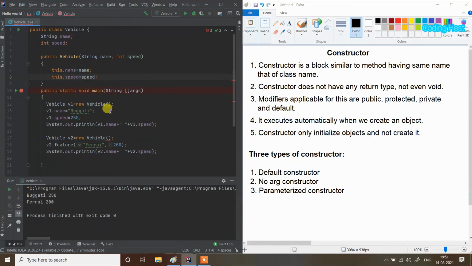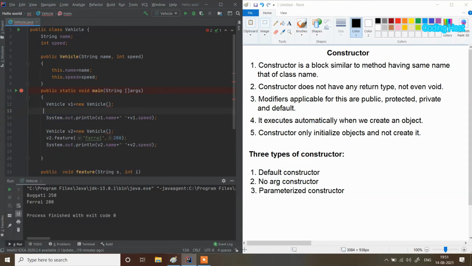Now you can see that we are getting an error, because now we have to pass the values for this constructor. So I am removing these lines, this one and this one, and I will pass values here. First I will write Bugatti, with speed 250. And in the second one I will pass Ferrari, with speed 200.